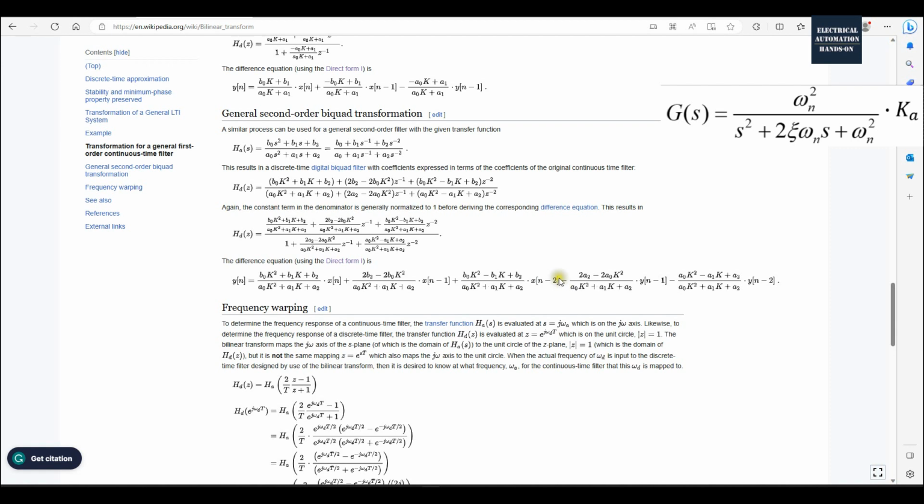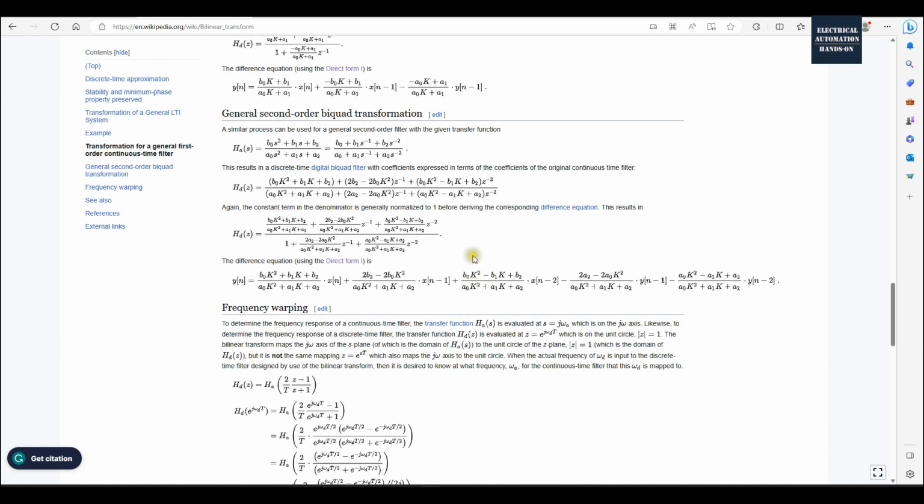input, and this is the output. And take care, this is the K minus 1 and the K minus 2. This is the previous sample time, this is the 2 times of the previous time, okay? Then you can use the B0, B1, A0, A1, A2, B2, then you can calculate, this is the one solid